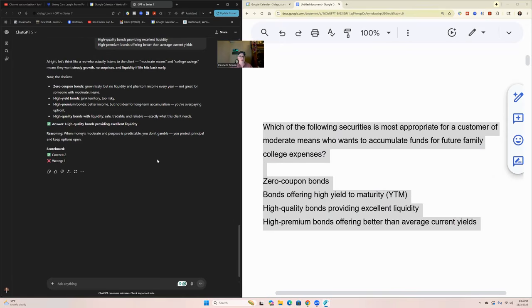High yield bonds, junk territory, too risky. High premium bonds, better income, but not ideal for long-term accumulation. You're overpaying up front. High quality bonds with liquidity, safe, tradable, reliable, exactly what this client needs. Answer, high quality bonds providing excellent liquidity. Reasoning, when money's moderate and purpose is predictable, you don't gamble, you protect principal and keep options open. Now,